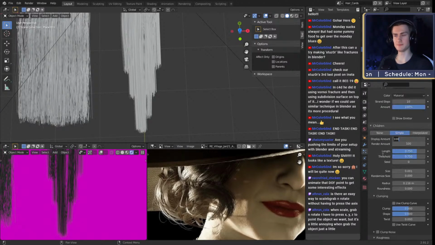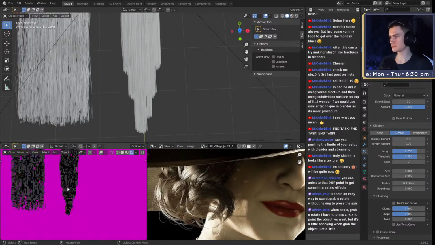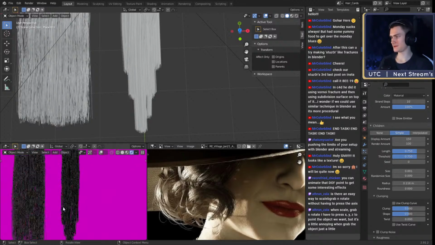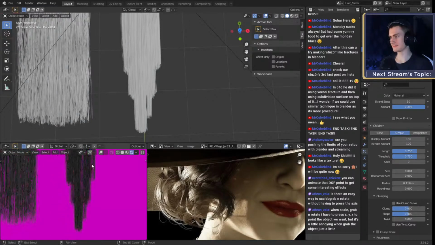We could maybe adjust it a little bit more. 200 children, so it's thicker. Maybe not 200, maybe 150. Okay, this should be quite good. Maybe change the length.